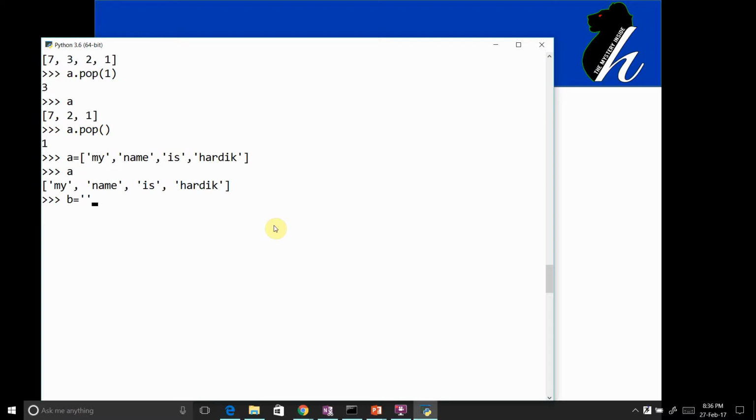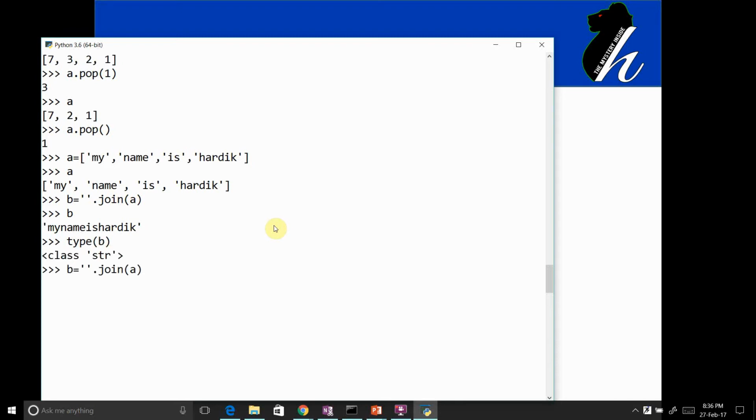Now the syntax is, first, an empty single inverted comma. So basically I wanted to generate a plain string. I don't want to separate the words my and name with any delimiter. So over here I am simply using join and the entire list. So now b would contain this string. So this is how we can generate a string out of a list. If I type b, then that is the string.